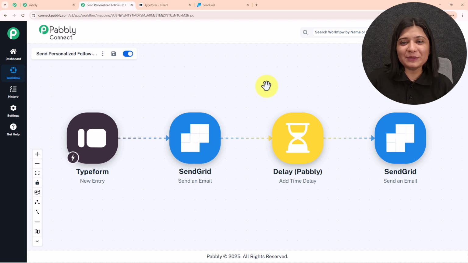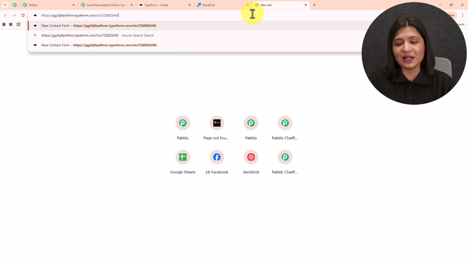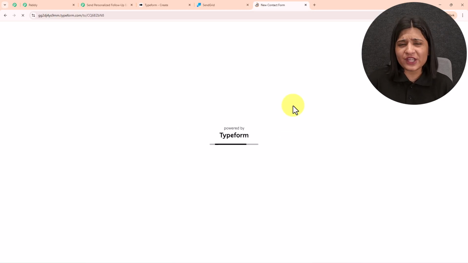So to send the follow-up emails and the confirmation emails to all my Typeform leads, I have created an automation workflow and we are going to test this once whether it is working fine or not. For that, I'm going to open this form which I have created in my Typeform account. I'm going to fill in some dummy details and then we are going to check whether I'm going to receive